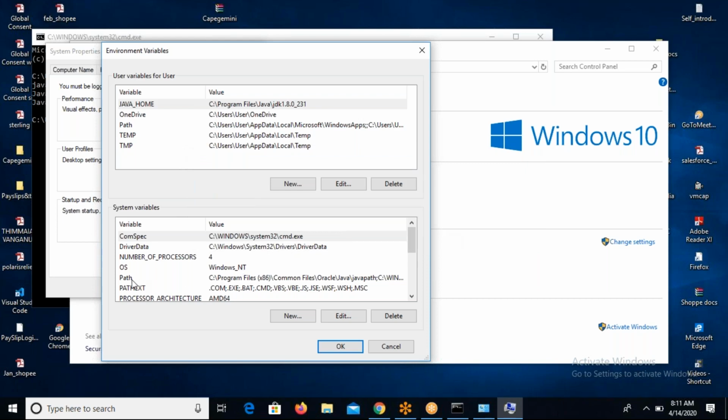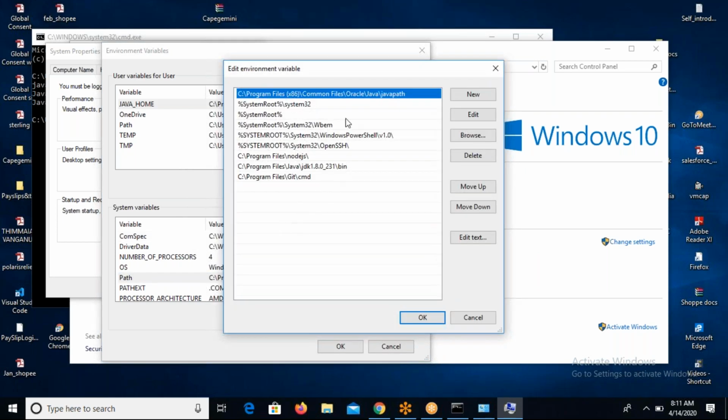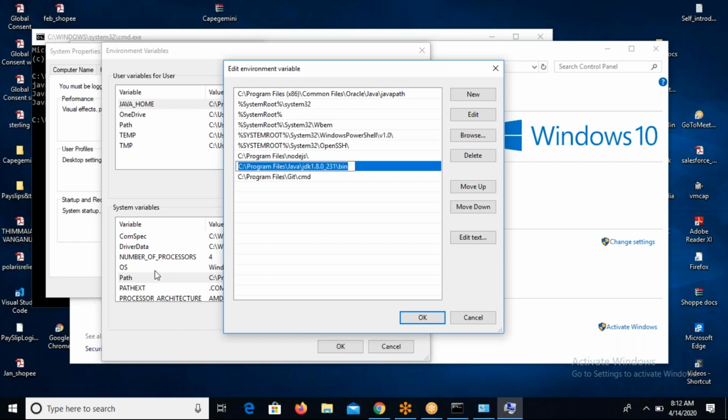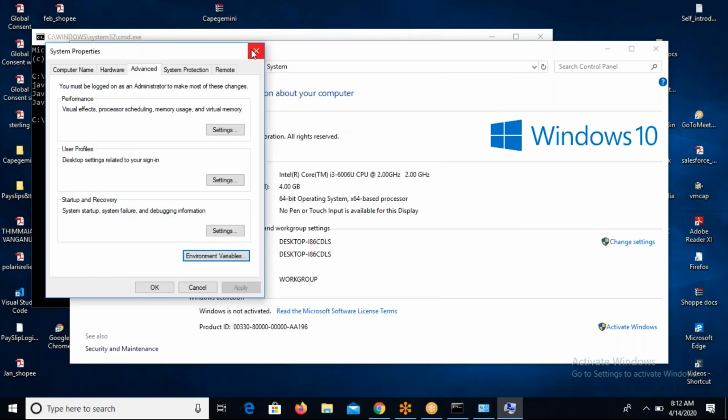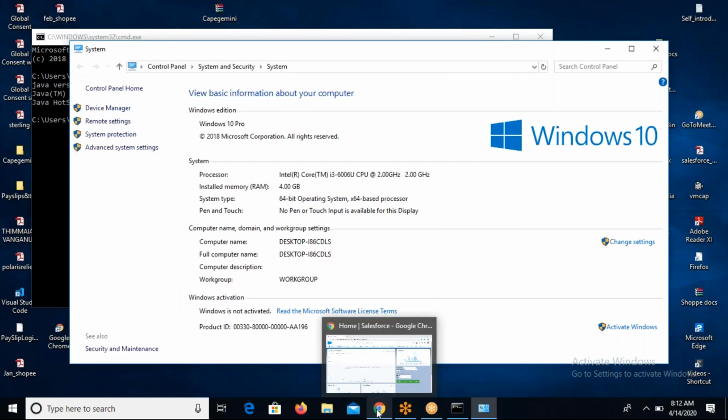And then go to the path. Ensure that you provide the proper path. So this is my bin folder. If you go to the JDK 1.8.231, whatever I have, within that there is a bin folder. The bin folder should be kept over here in the path section. So these are pretty simple. Create Java home and path and ensure that these paths are proper and appropriate. Cool. This is about the Java stuff, and you need to install